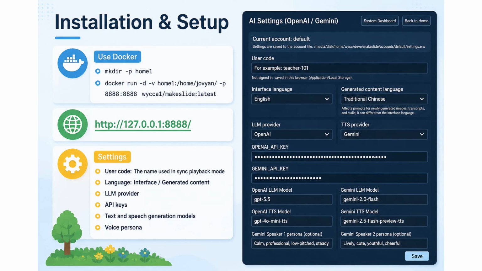Moving from the feature overview into the practical side, the setup starts with a Docker-based installation. The slide keeps it very direct. Create a folder with mkdir -p home1, then run the container with the provided docker run command, mapping the workspace into /home/Jovian and exposing port 8888. And once it's running, you just open